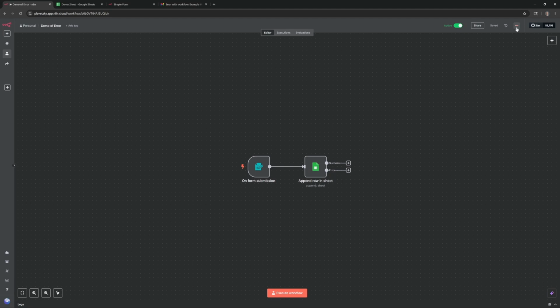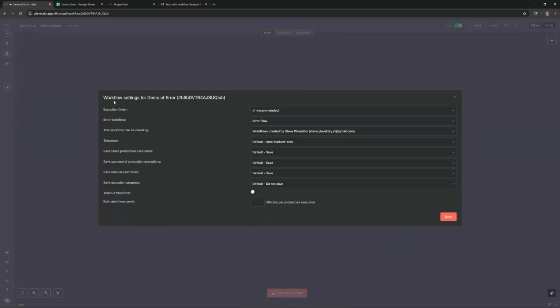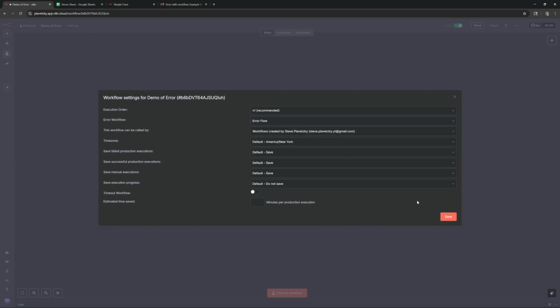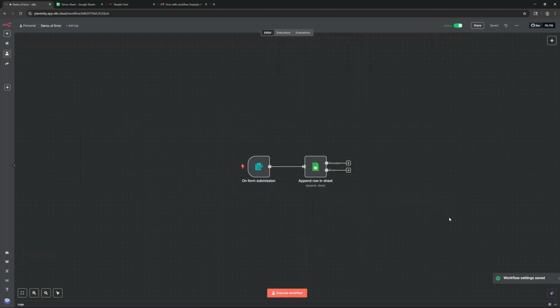And then at the top right, you can click on these three dots and then go to settings. And then this is per workflow. But if you go to error workflow, hit the drop down and choose the name of that error flow or error workflow, whatever you want to call it, that we just made previously. So now, if anything happens during this flow, it will send that email with all the information. So if you do this, the three dots, and then choose settings and error flow, that will send an email for any node in the entire workflow that doesn't process correctly.